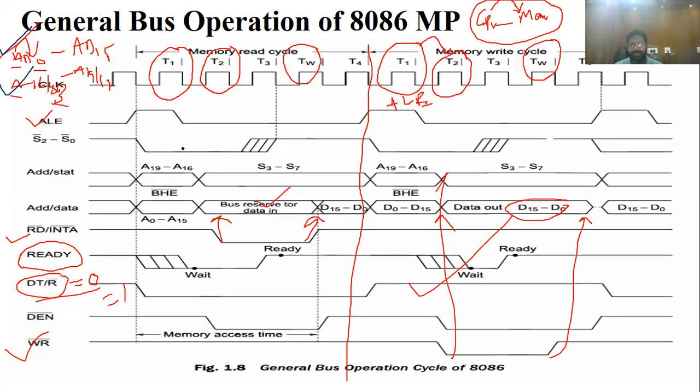When the microprocessor wants to send data, it performs the memory write cycle. At the T1 clock period, these lines are always in address mode. At T1, the CPU identifies the address location where we can store our required data. Once it is identified, you enable the ALE. Once enabled, the T2 clock period is required to convert the address lines to the data lines.